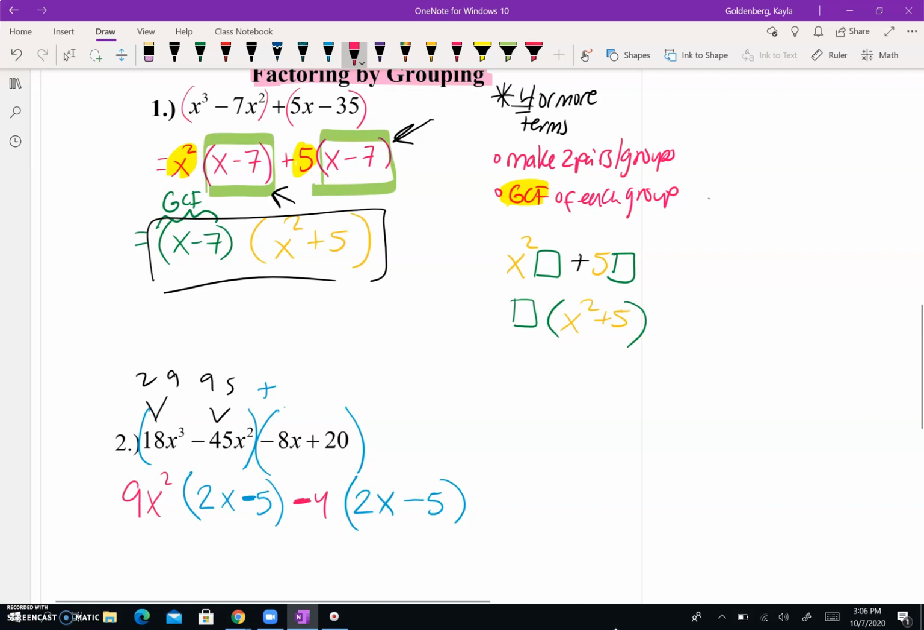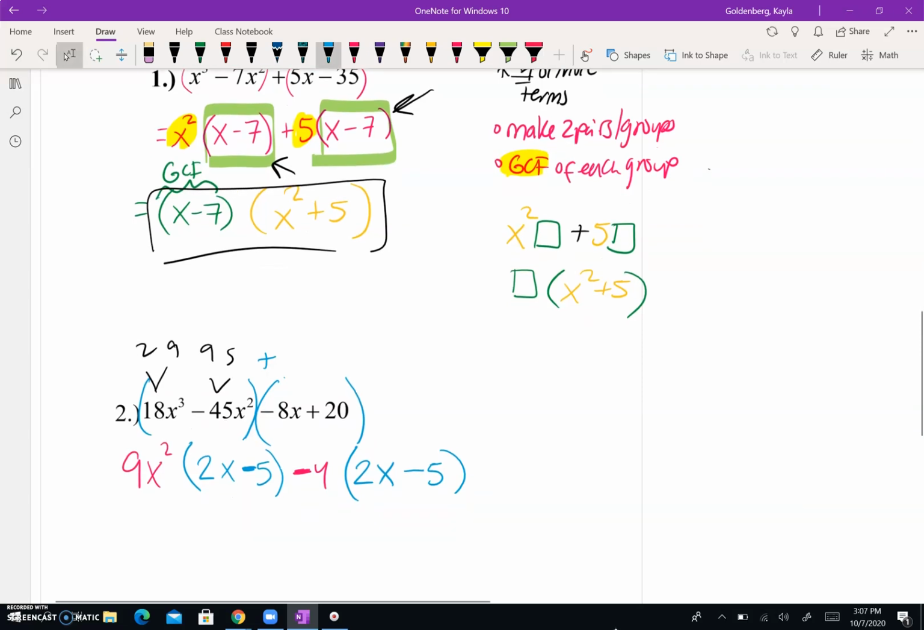If I had only taken out a 4, it would have been a 4 times negative 2x plus 5. And then your signs would have been off. So generally the rule of thumb is if you take out a GCF of a negative number, it does actually make it a little bit easier, which is kind of strange, but that's kind of how it works out in most problems. So now I'm seeing that bigger GCF of 2x minus 5,